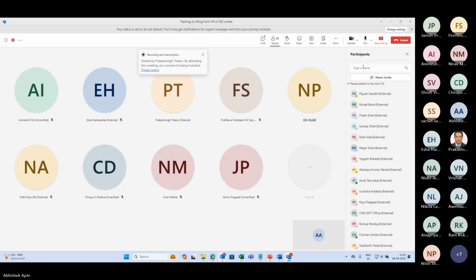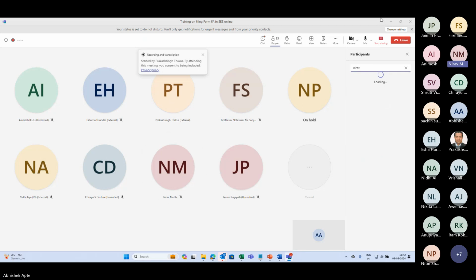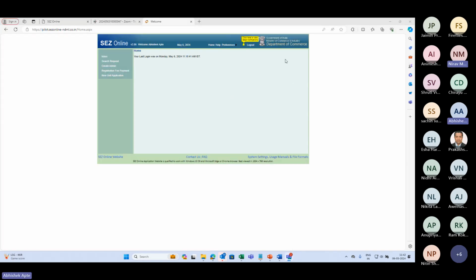Nirav are you there यस सर आई एम देयर हाँ तो एक बार विजिट कर देना नेक्स्ट वीक ठीक है सर पक्का